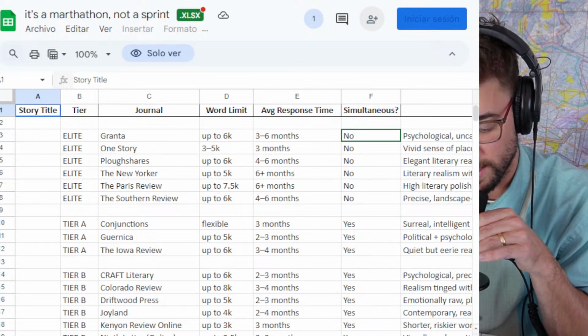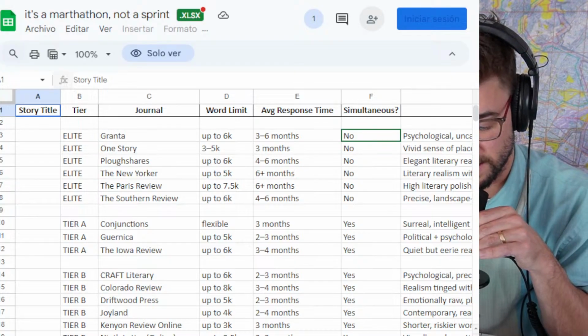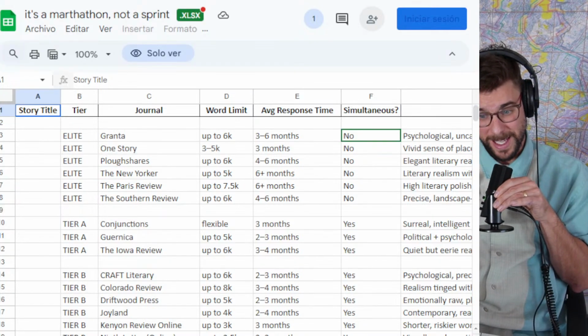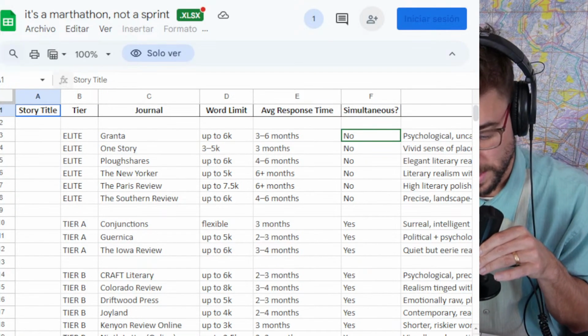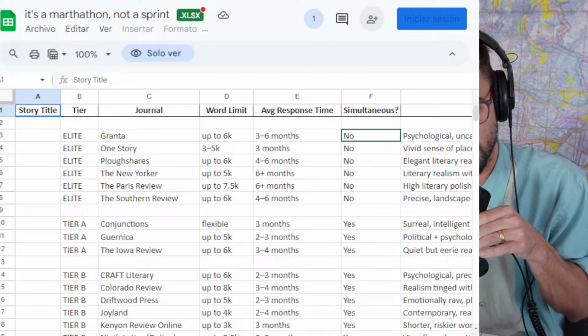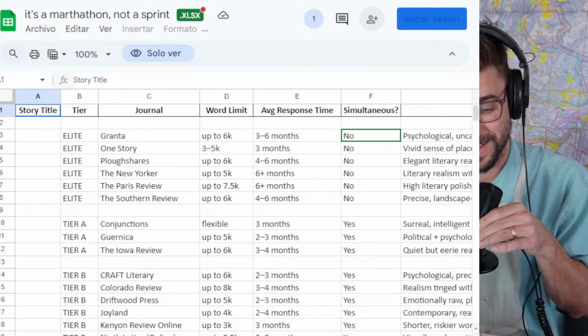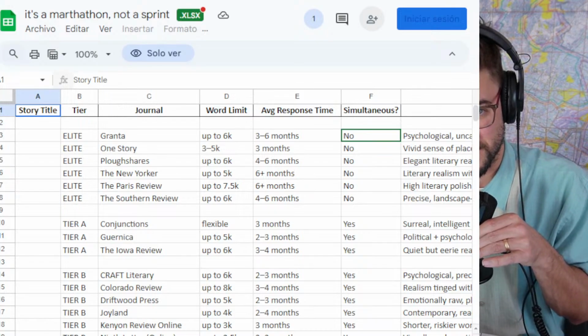And they make quite clear in their submission guidelines that they do not allow simultaneous submissions. So for me, where I'm at trying to get published more quickly than that, I am not going to wait for a likely rejection from the New Yorker 4 months from now, because if I submit to the New Yorker, it means that I cannot be submitting other places. So